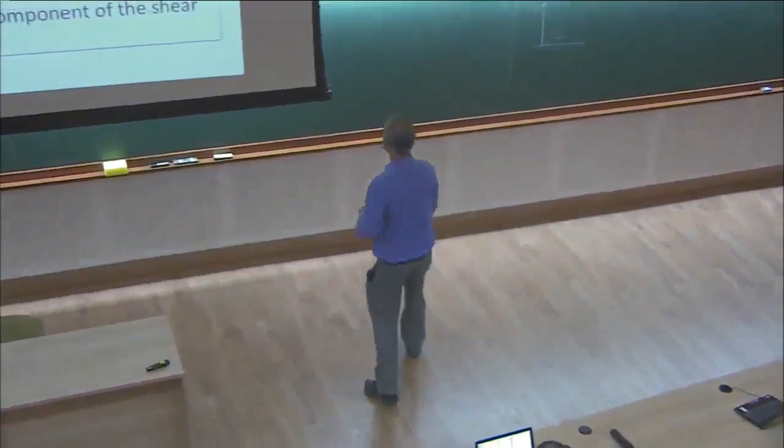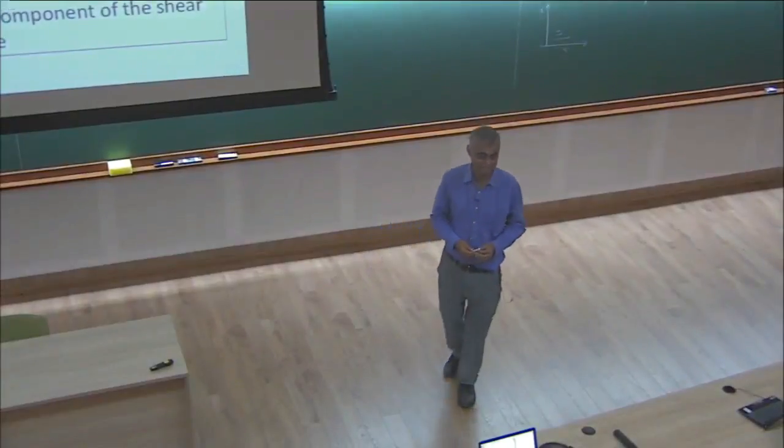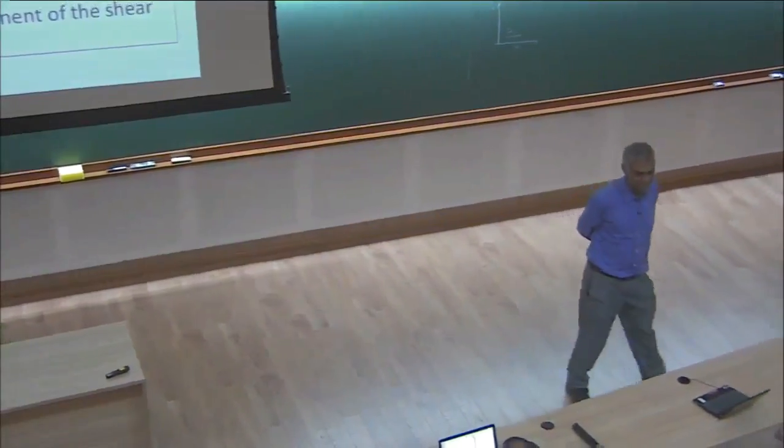I have a very simple question. I thought the bound is eta over s is less than 1 over 4 pi, right? The general bound. But somewhere you showed 6 times 1 over 4 pi. So bigger than. I'm sorry, bigger than. Yeah, the bound is bigger. Yeah. Let me profit from asking a question.